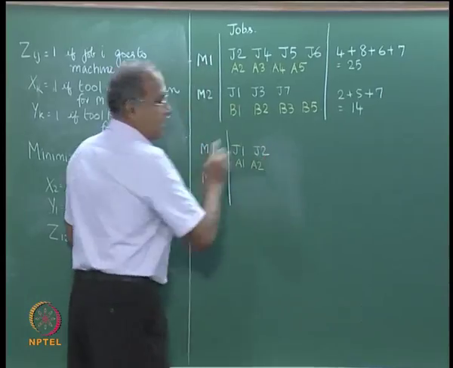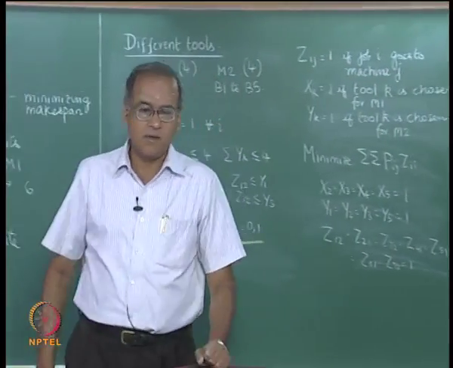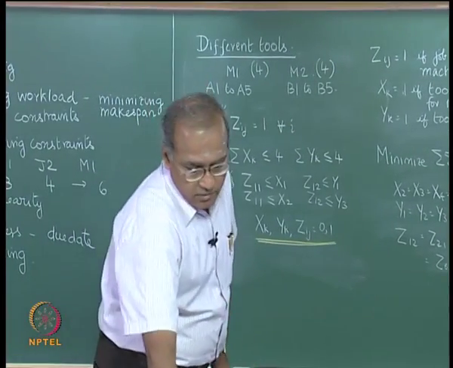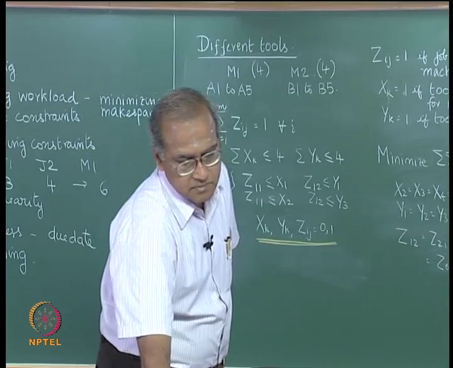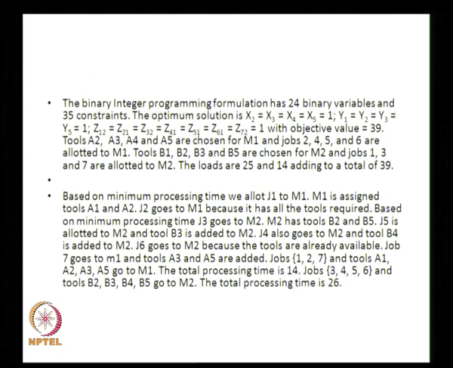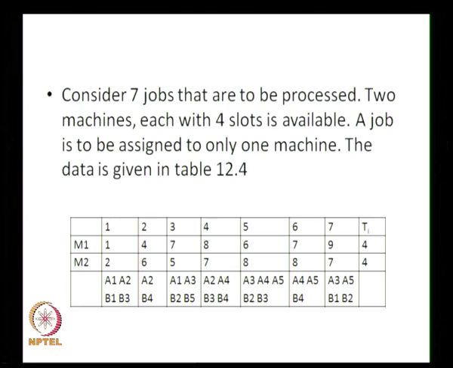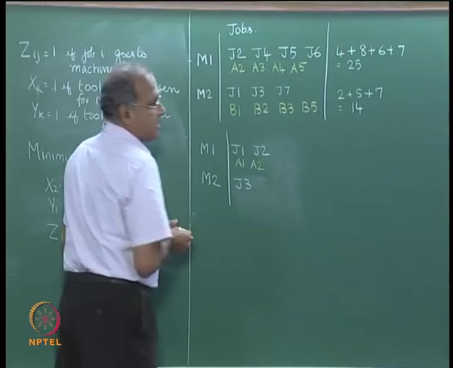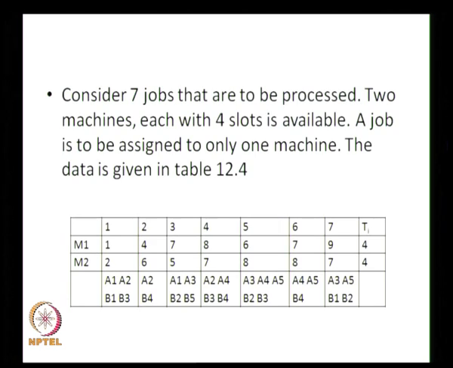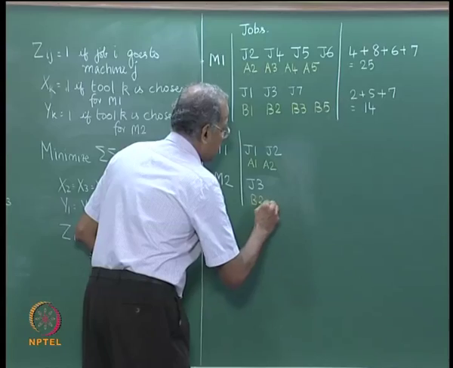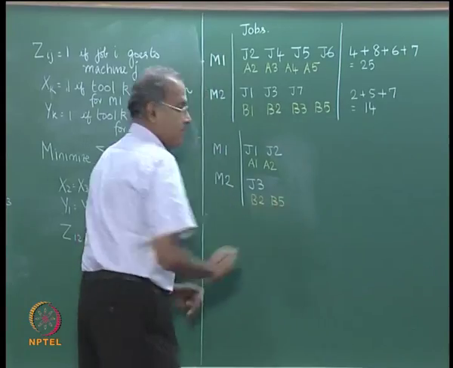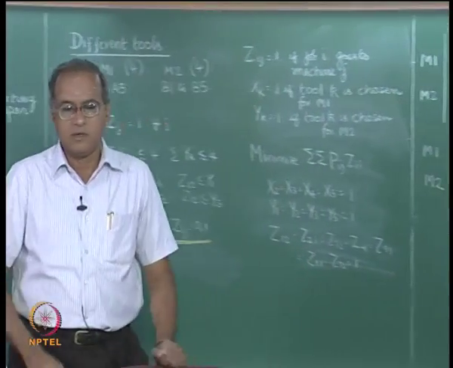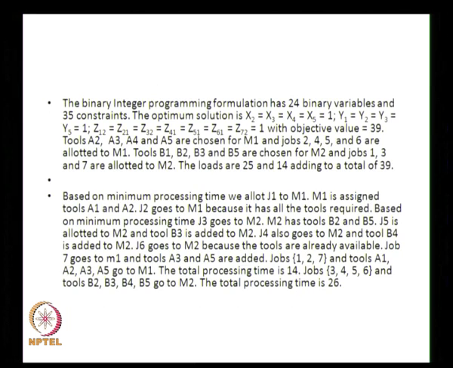So, J1 and J2 go here. Now, we look at J3. J3 goes to M2 based on minimum processing time. So, J3 comes here and tools B2 and B5 come here. Now, J4